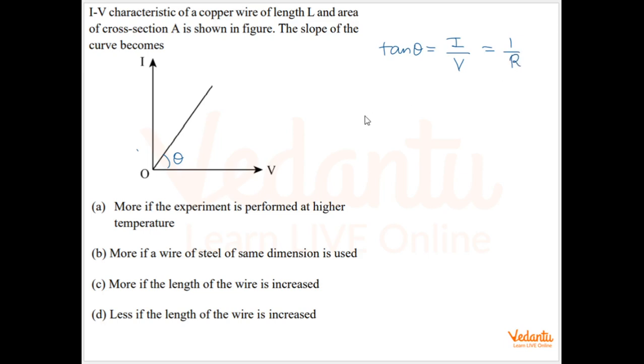Now, first of all, if temperature is increased, then in that case the resistance value will increase, and therefore the tan theta value will decrease. So at higher temperature the slope will actually be less, so option A is false. Next,